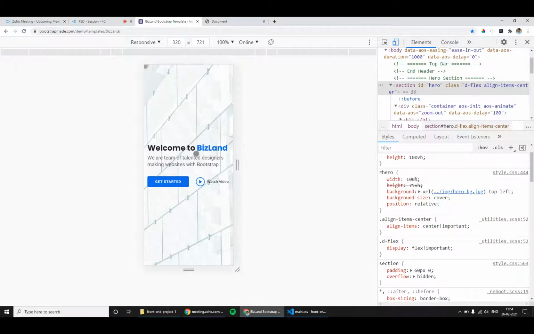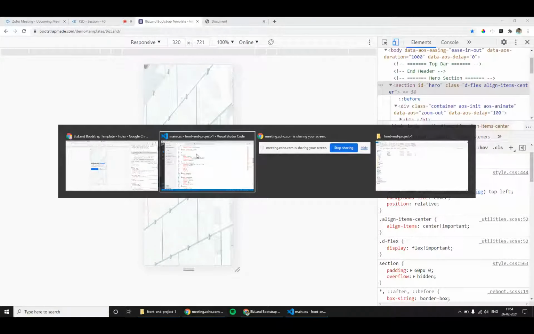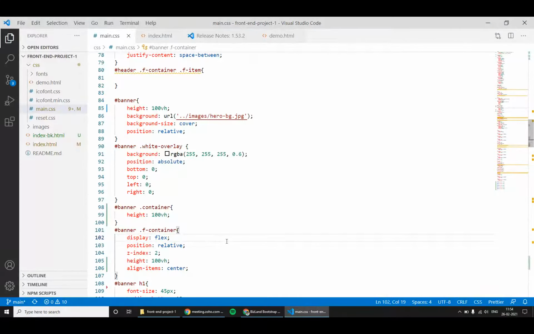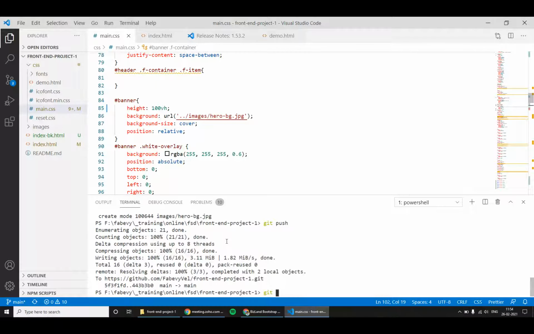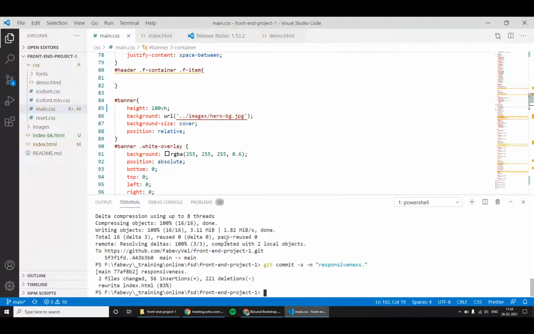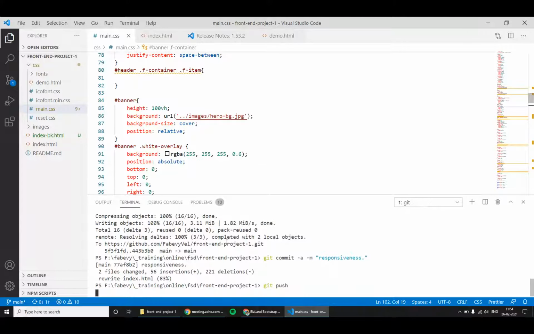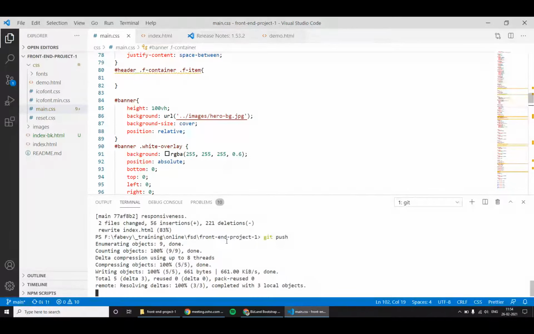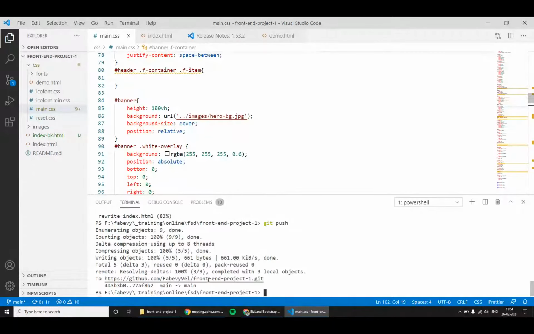I will right away commit my changes. So I have pushed, but I don't know where my repository is.